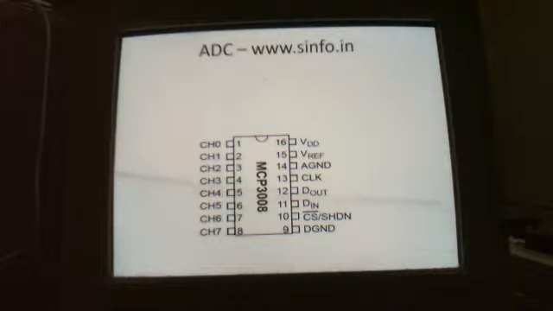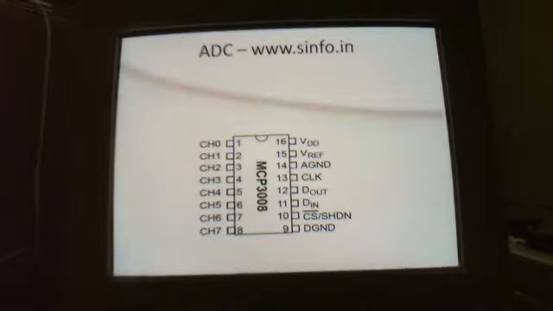And then for this ADC, you need to give a V reference. At pin number 15, you give the reference voltage. And pin number 16, you just apply the VCC. And pin number 14, just apply the ground. For this MCP3008, you need to give a clock. From the processor clock out, you just connect the clock. And you can get the data in serial. And for chip select, you use CS bar. Pin number 9 is ground.